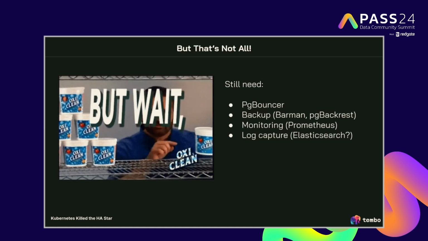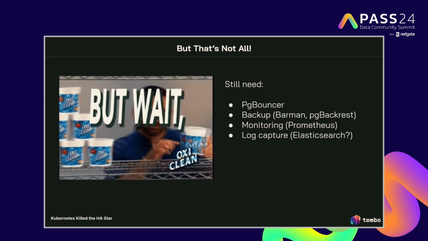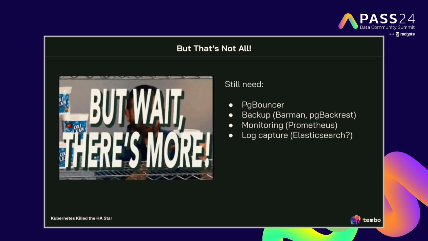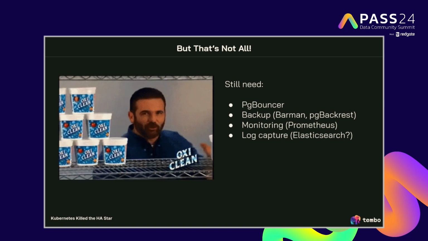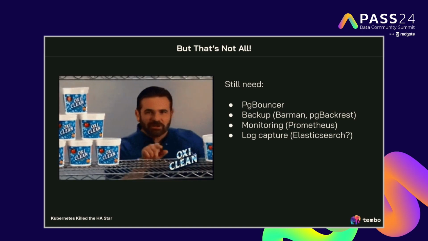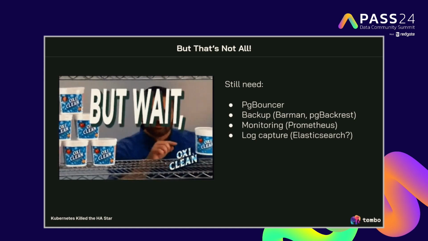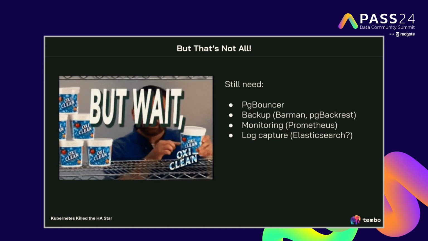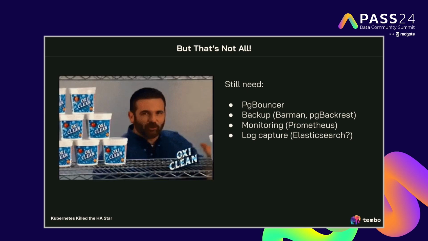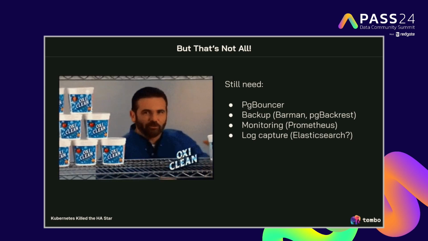But we're still not done. We still have to set up PgBouncer if we want a pool. We still have to set up our backup system, because that's not part of Patroni. That's separate, because remember, Postgres is a bag of tools. Got to combine that stuff together. Monitoring is not part of Patroni either. I mean, it has some kind of built-in things for metrics, but there's no real system. So we need something like a TICK stack or Prometheus, or some kind of OpenTelemetry thing we can bolt on. And logs. You're not going to monitor each of your 3 systems individually, are you? No, you got to dump that stuff in Elasticsearch or some other external tool.